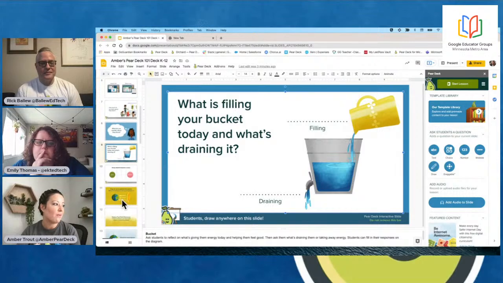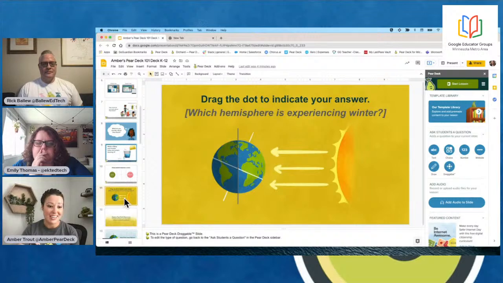Now, I want to show you how easy it is to add interactivity. I know a lot of teachers are like, how long is this going to take me to add interactivity to my slides? Which already can be added to your pre-made slides. Just so you know, you can use pre-existing Google Slides and add the interactivity. Nobody is making anything from scratch or brand new. You're going to be able to go through and just utilize what you have. So if I want to add interactivity, it's this simple.